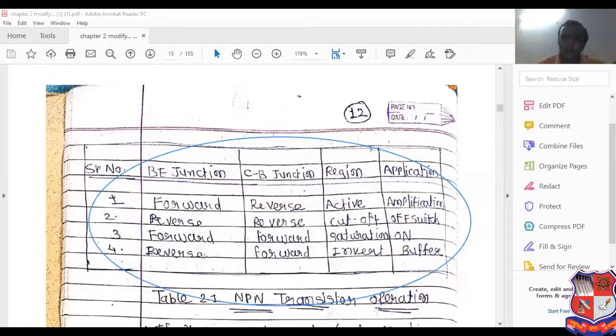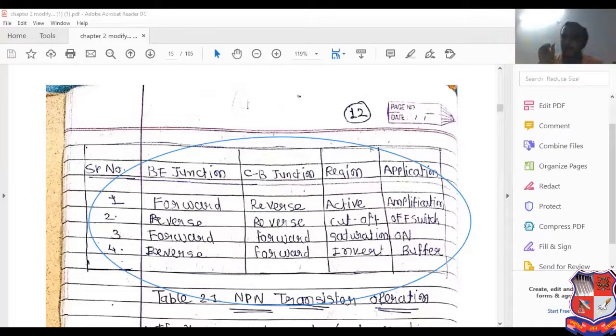Now in forward bias, it can be considered the saturation region, or an on switch. So whatever MCQs I have asked related to chapter number 2, at that time you have to solve this NPN transistor operation theory first, then you will be able to understand the MCQs. Otherwise it is very difficult to understand the concept. So first of all, see this particular video of the second chapter, then try to solve the MCQs.